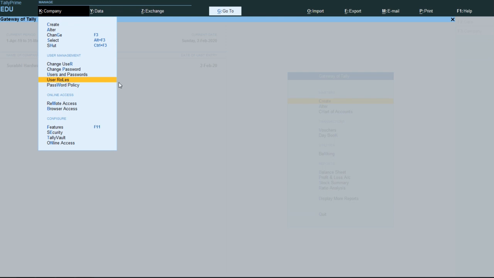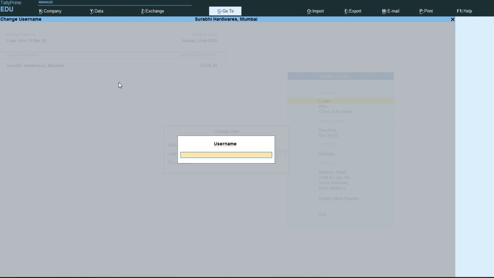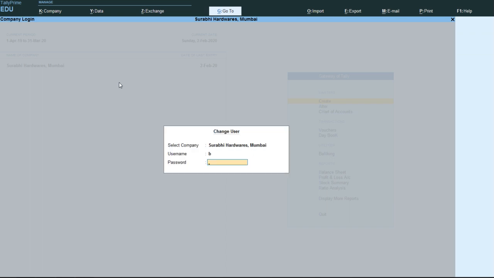Suppose I want to change the user. I will select change user, select username, and give user B.